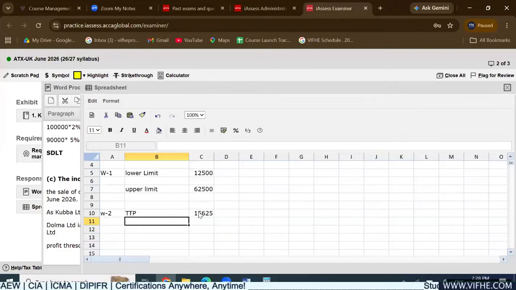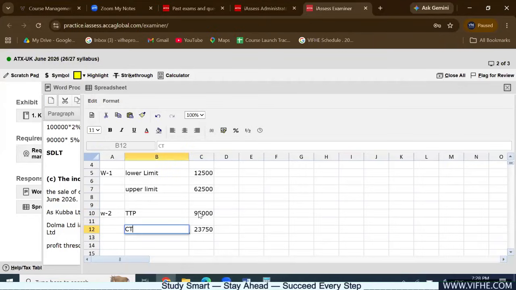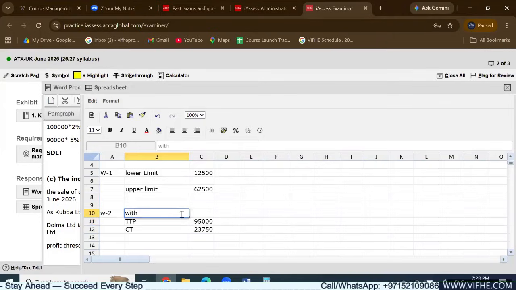As the taxable total profit was 95,000 pounds, on which the corporation tax liability has just been shown, it is 23,750. This is the corporation tax liability which we have calculated by taking into account the chargeable gains in respect of disposal of this office building. So I'm just going to see that